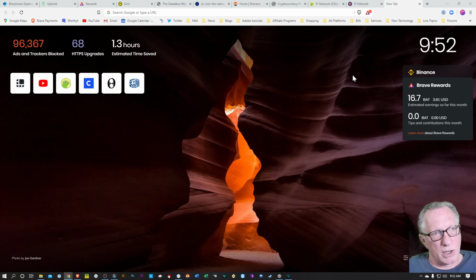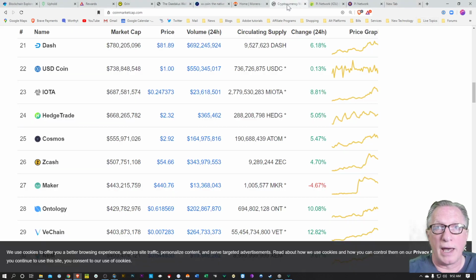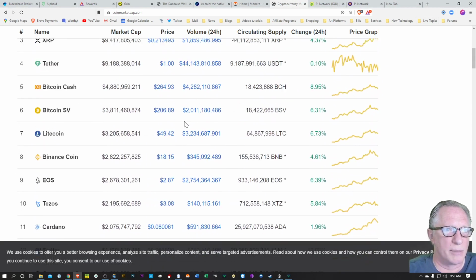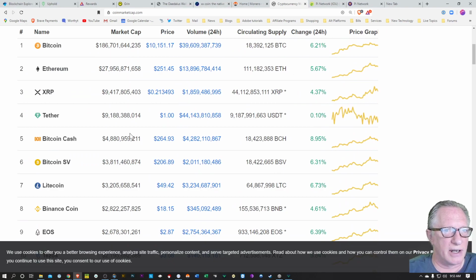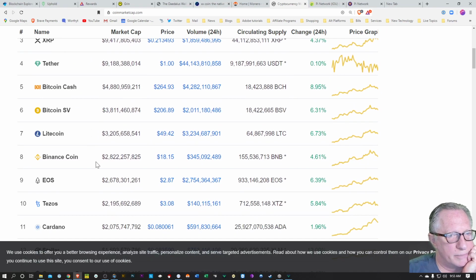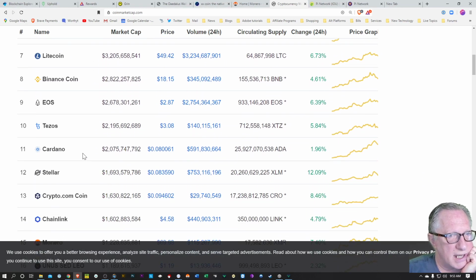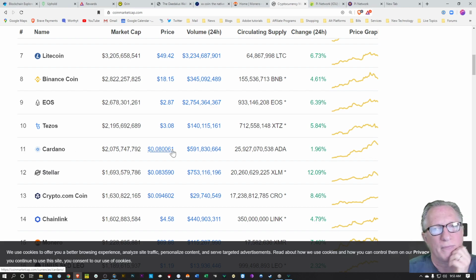So Bitcoin is a currency, but it's decentralized, right? Its might derives from its user base and the people that believe in it, but nobody controls it, all right? We've got Bitcoin, we've got Ethereum, and right now Ethereum is number two, but it has competitors, right? Tron, EOS, Cardano is a big competitor. They're out there. All right.